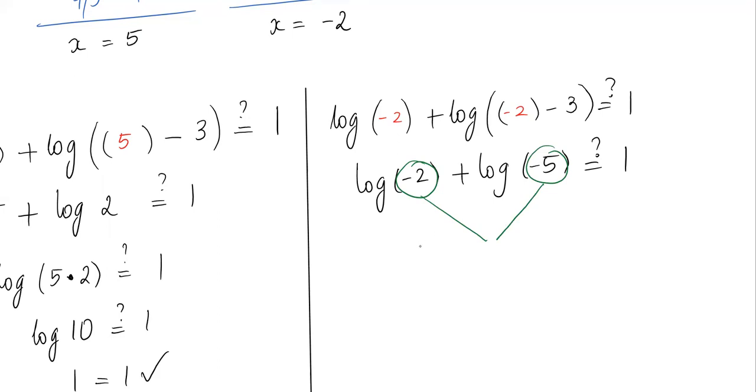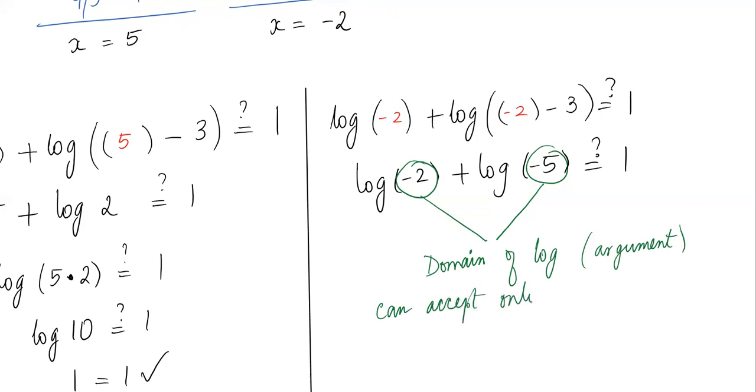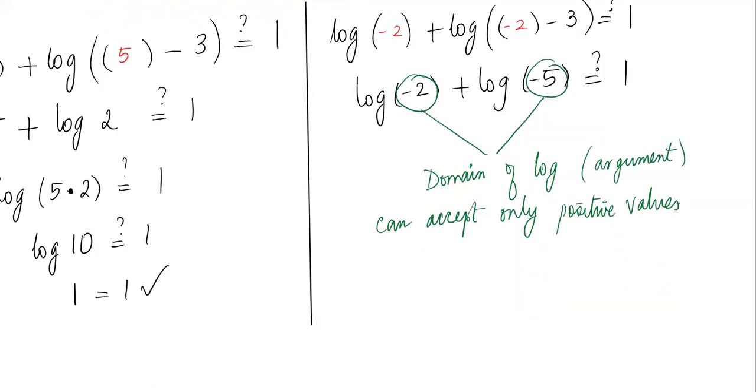The domain of log, the argument, can accept only positive values. This implies negative 2 cannot check,